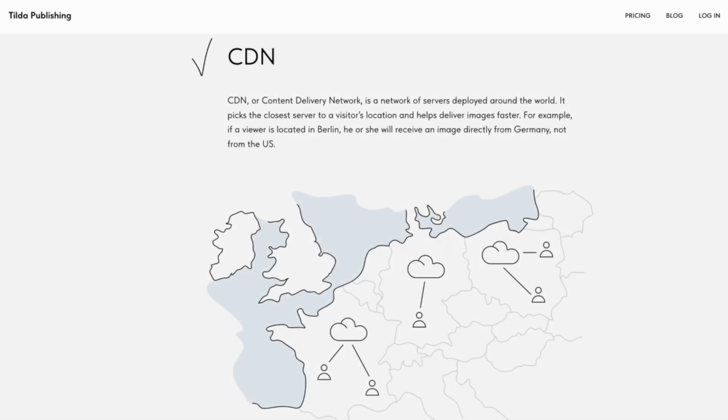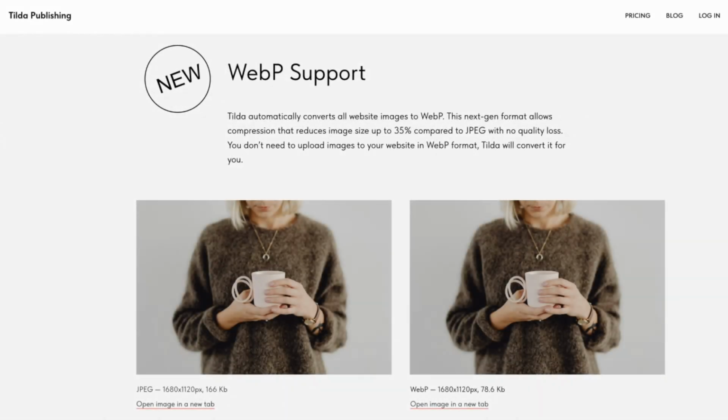This technology ensures optimal page loading speed no matter what part of the globe your website is being accessed from, by tracing the visitor's location and loading all the images and scripts from the server closest to them. Apart from using CDN, all images uploaded to Tilda are automatically converted to WebP, a new generation image format optimized